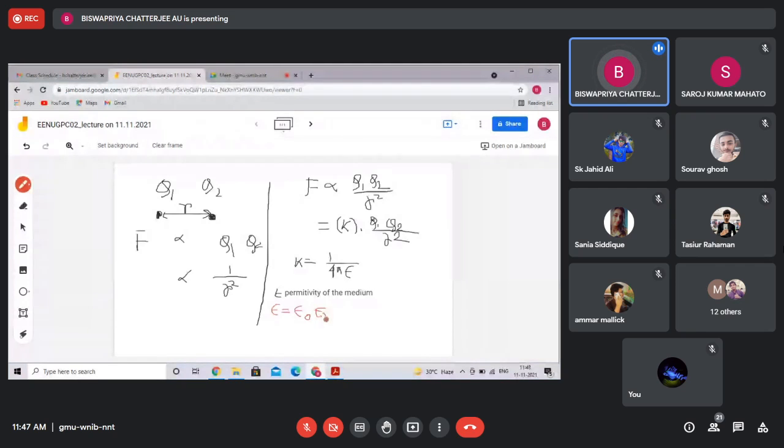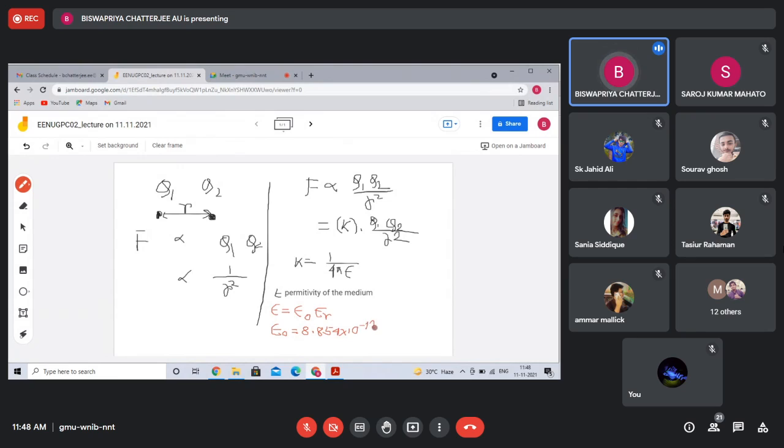Epsilon naught is equal to 8.854 into 10 power minus 12,